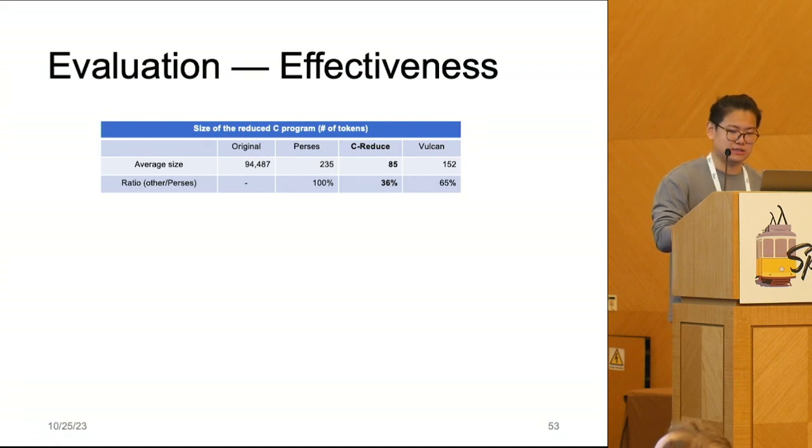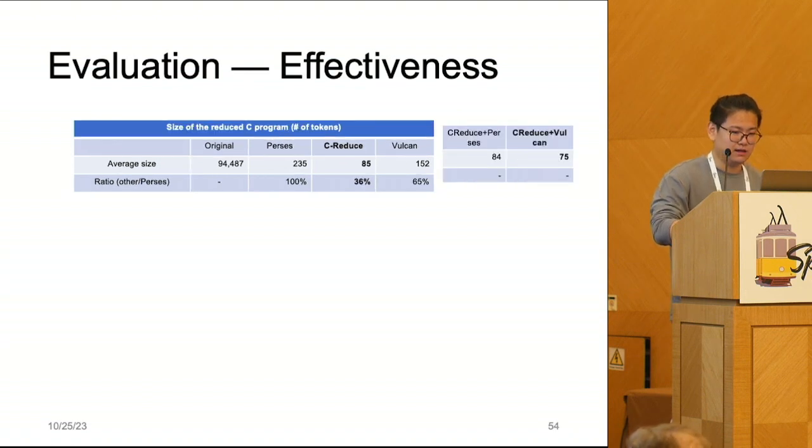From the table, we can see that Vulkan produced smaller results than Perses in general. On average, the results of Vulkan are 35% smaller than those of Perses. And in this experiment, C-reduce is still the best. But this is expected because C-reduce is specifically designed for reducing C programs. However, interestingly, we found that if we use Vulkan to reduce the program output by C-reduce, we can even get